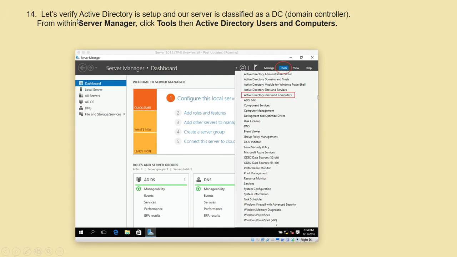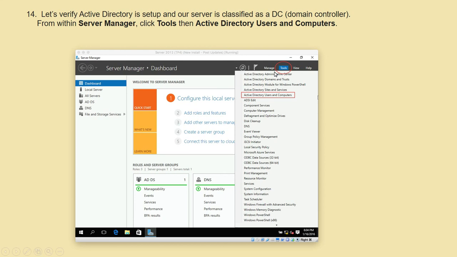Now let's verify Active Directory is set up and our server is classified as a domain controller. From within Server Manager, click Tools, then Active Directory Users and Computers.